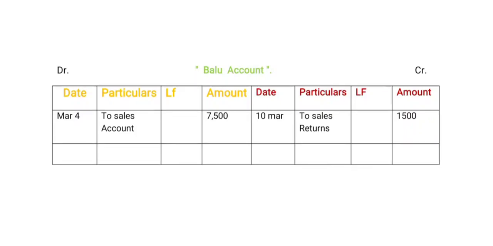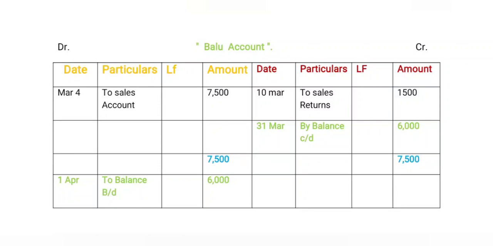We don't need to prepare it once again. Why? Because it is already calculated as units into total amount. Now we are coming to the Balu whole account. There is no transaction related to the Balu account, that's the reason we now find the balance. The debit side amount is more, that's the reason we are taking both sides 7,500.